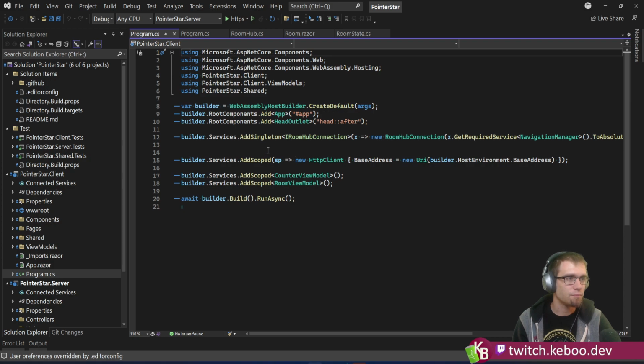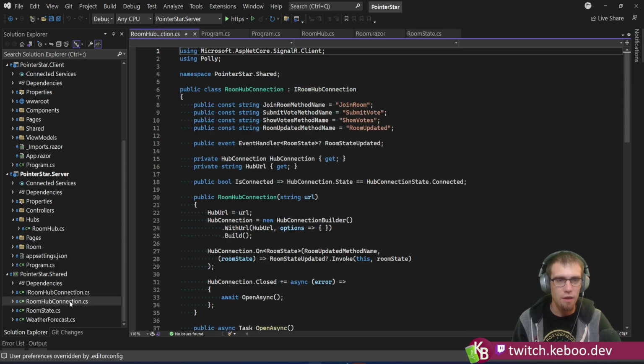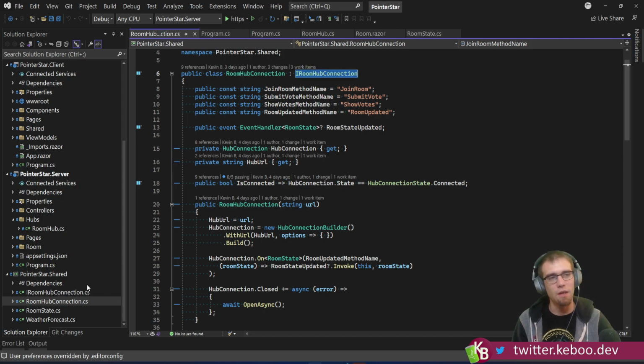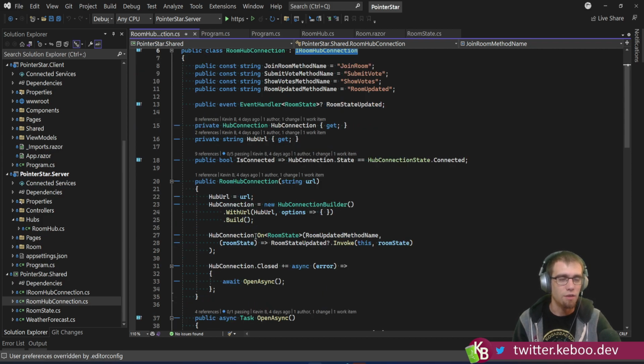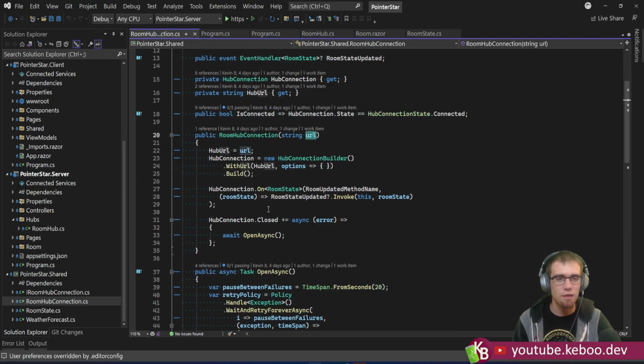the browser. We then have this Room Hub connection, and just for sharing, that guy lives down here in this vicinity. I also slapped an interface in front of it just because there's a bunch of unit tests, and I wanted to be able to unit test out the connection without it being a real one. So simple enough. This thing connects. You'll note it does need a URL, but that comes in via the